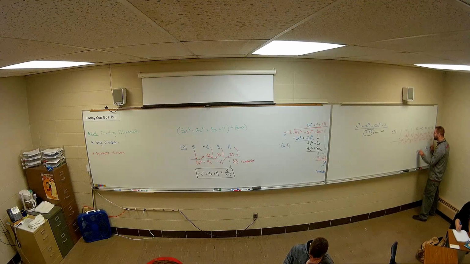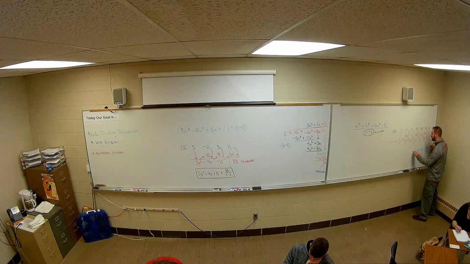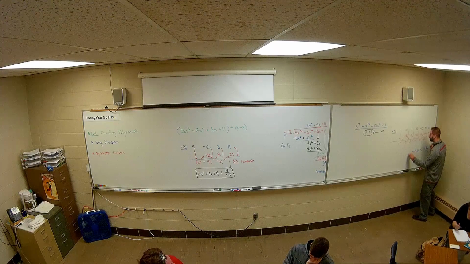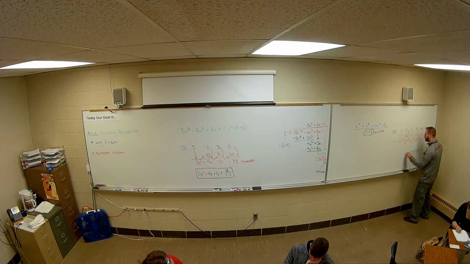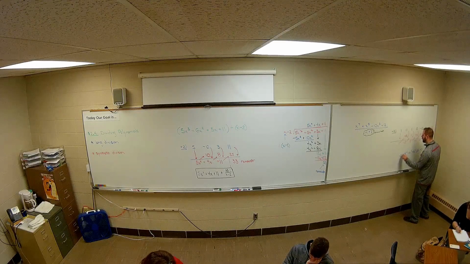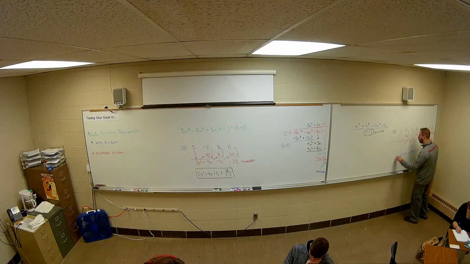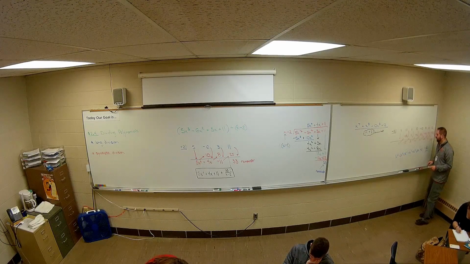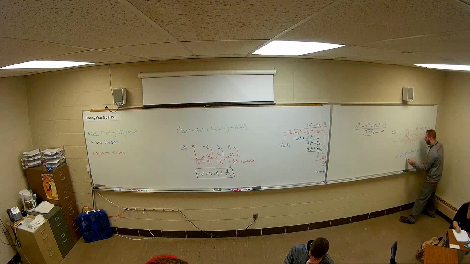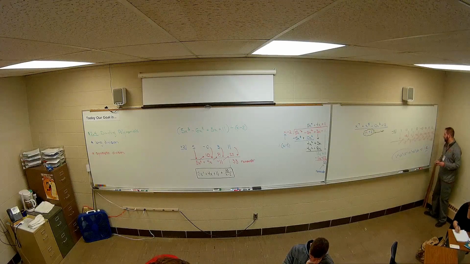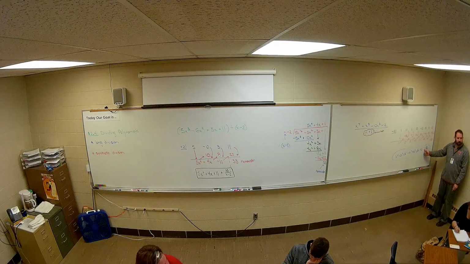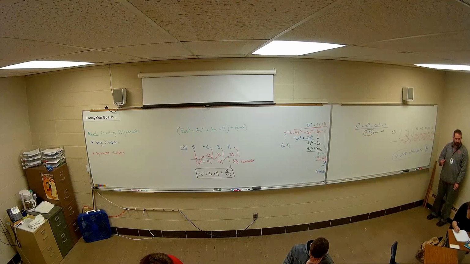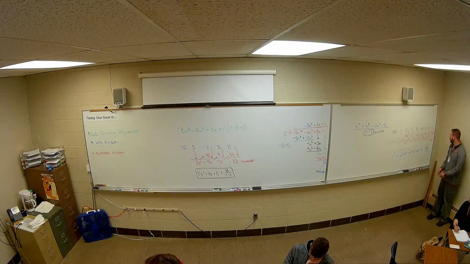Negative 20x, positive 10x squared, negative 10x to the third, positive 5x to the fourth, negative 2x to the fifth, and a 1x to the sixth. And this would be my final answer. And notice at the very end, what did I do with my remainder? Put it over the fraction, and I put the symbol, whatever it was. If it was negative, I'm subtracting. If it was a positive number, I add. Does that make sense? Okay. Good.